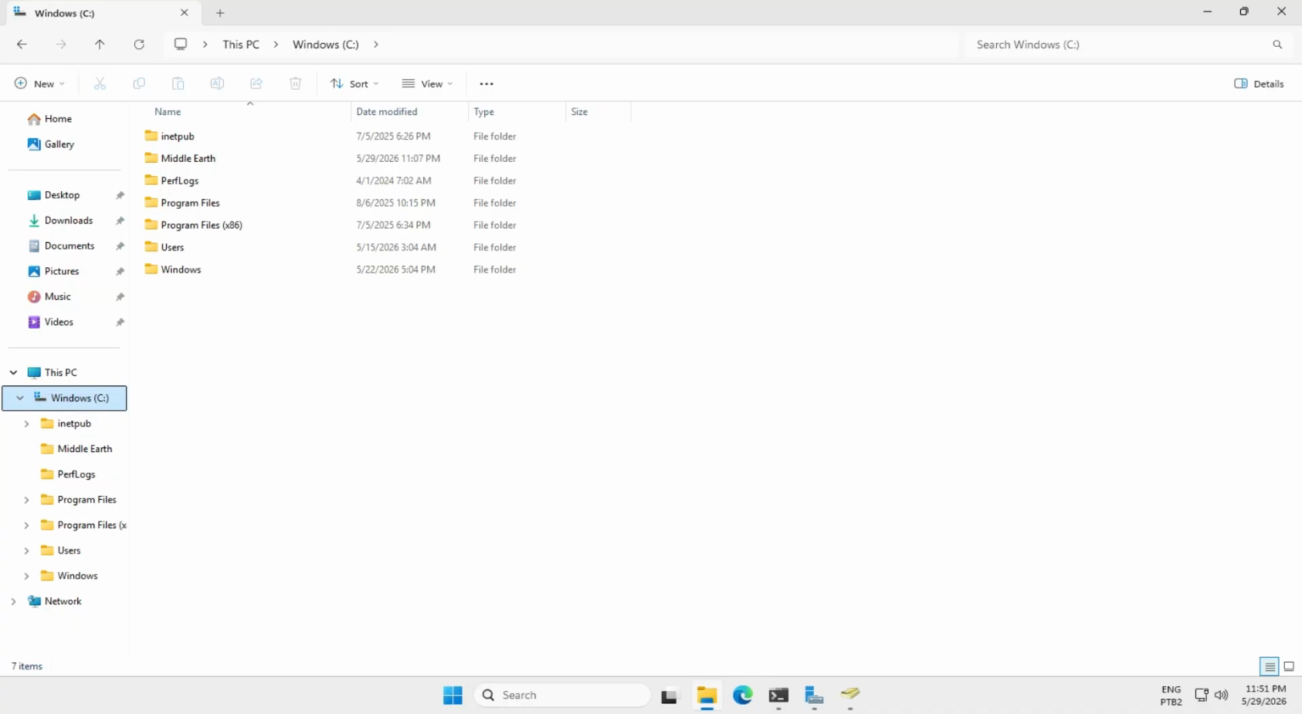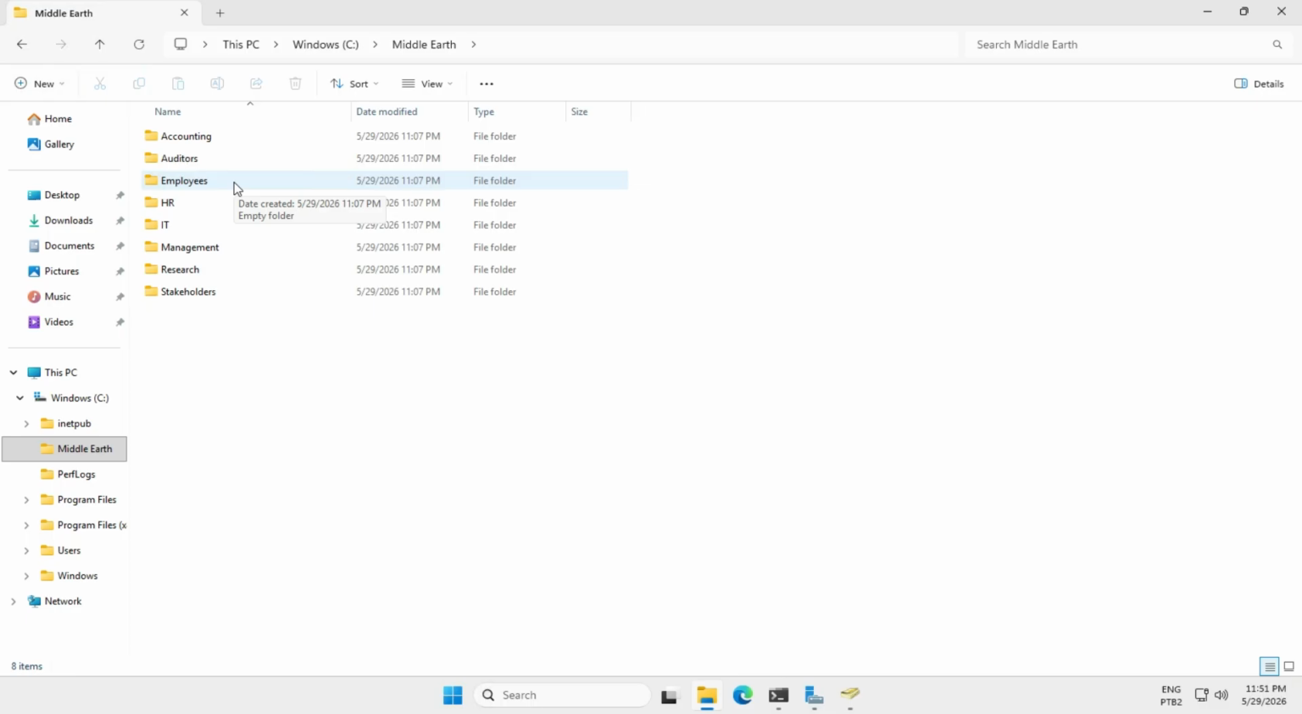I create a main folder called Middle-earth, and inside it I create subfolders that match the organizational units. After that, I configured NTFS permissions for each folder. For example, Frodo has full control